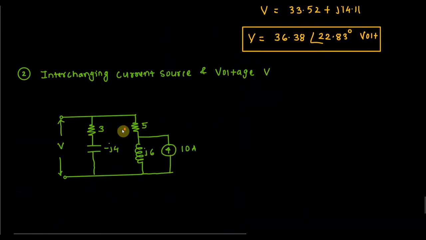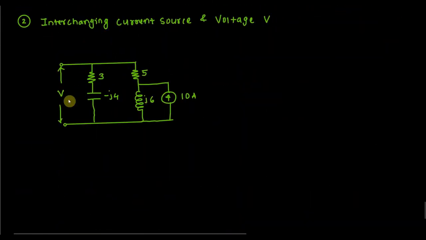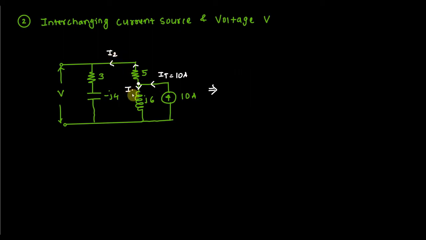So now this is your new diagram. And now what is our aim? Our aim is to find out this voltage V. So I can redraw this diagram again. You can see that the total current here is IT equal to 10 ampere. What happened at this point? Current is divided into two parts. One will go here, another will go here. So J6 and 5 are in parallel. This same current will come here. I will give this current the name I2 and this current I1.